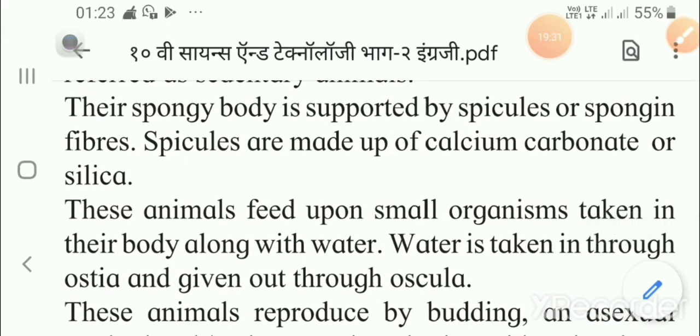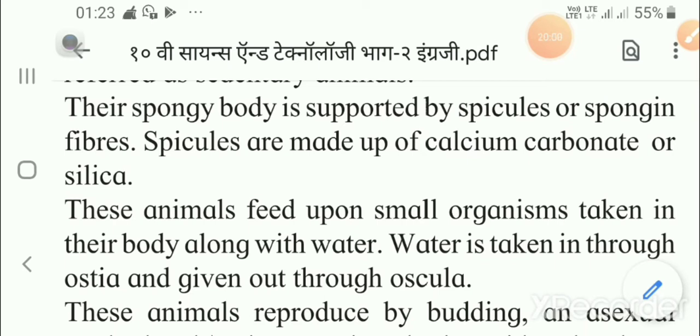These animals always have spicule or spongin, and these spicules are like thorns somewhat, and as I already told you, they are made up of calcium carbonate or silica. And these animals feed upon small organisms